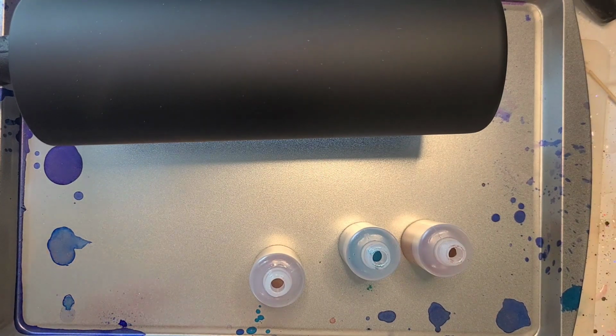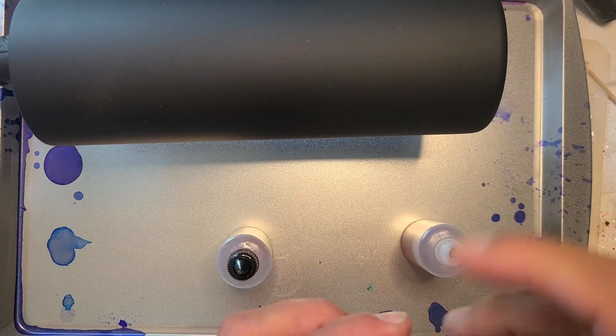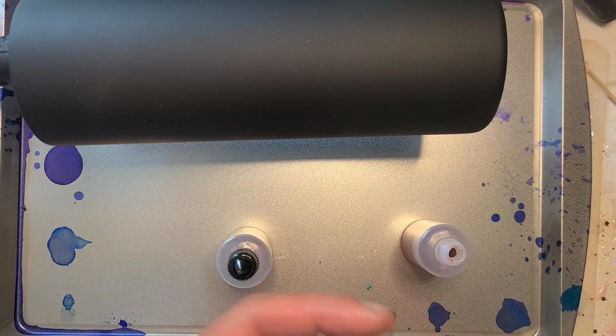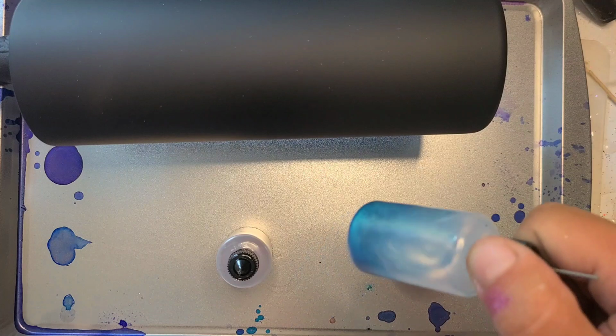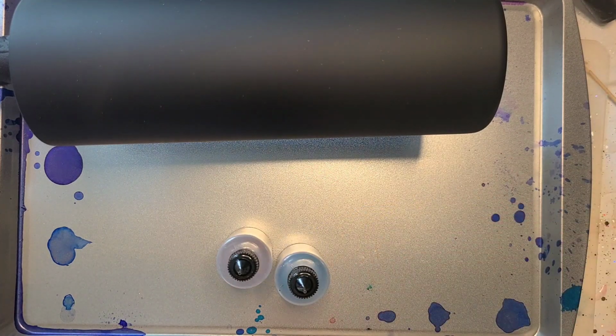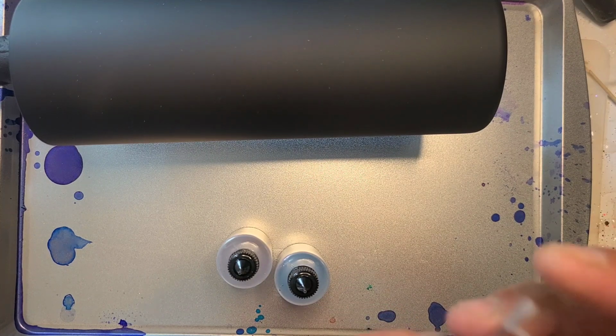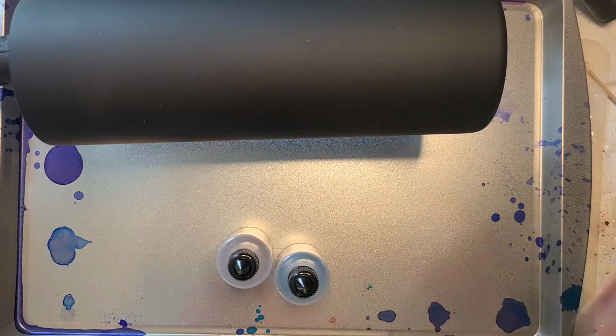So I'm going to put a cap on each one. I'll put a link to these needle tip caps down below also. It's definitely something that's handy to have on hand. I bought like a 30 pack months ago, or a 25 pack or something, and I use them a lot. So I'm going to shake them up,